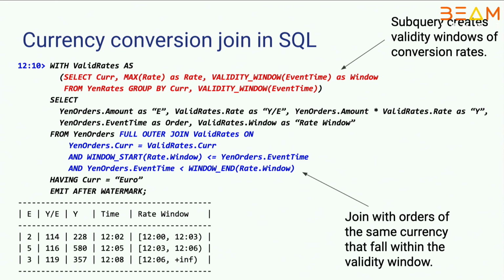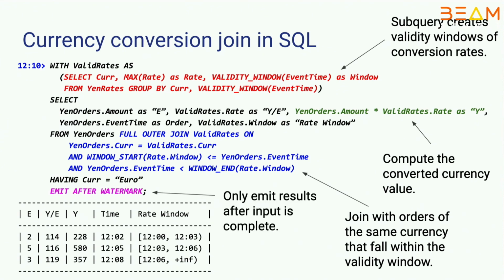And then we're joining that with the stream of valid rates. We're doing that by saying we want to make sure that the currencies match, so that they're both euros, and that the event time for the order falls within the range of the window, right? It's greater than or equal to the start of the window, and it's less than the end of the window. And then once we've joined those together, we just do the simple, straightforward multiplication of the amount by the rate to get the converted